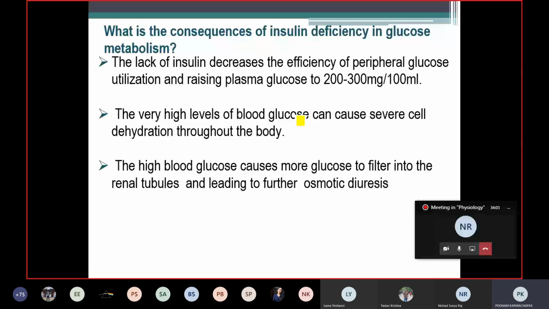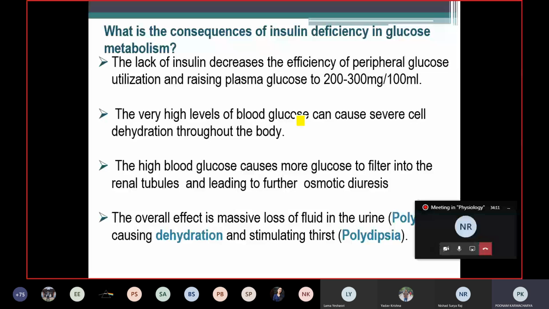taking place, and as a result the overall effect is massive fluid in the urine, which is called polyuria. And as there is increased urination, and the cells are continuously having this osmotic diuresis, it will lead to dehydration of the person, and because of this continuous dehydration, it will finally stimulate the thirst center in the hypothalamus, and that will bring about more drinking of water, which is called polydipsia. So these three are some of the features of the insulin deficiency seen